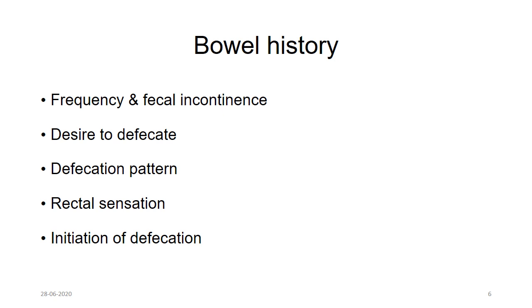We have to ask about whether there is any history of fecal incontinence, increased frequency, defecation pattern, whether the patient is having rectal sensation or not, initiation of defecation, which may be by digital stimulation or digital evacuation. This will help us to differentiate between a UMN or a LMN bowel,